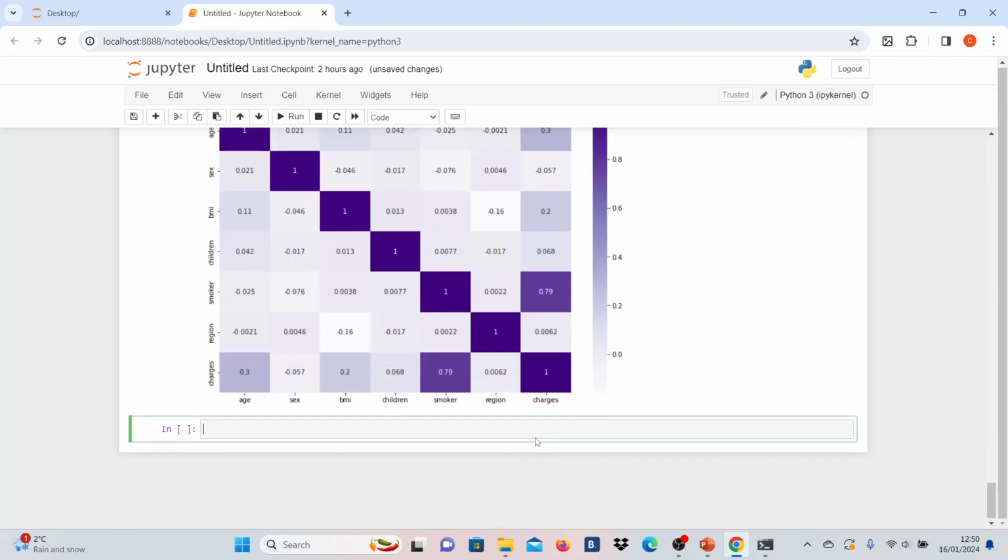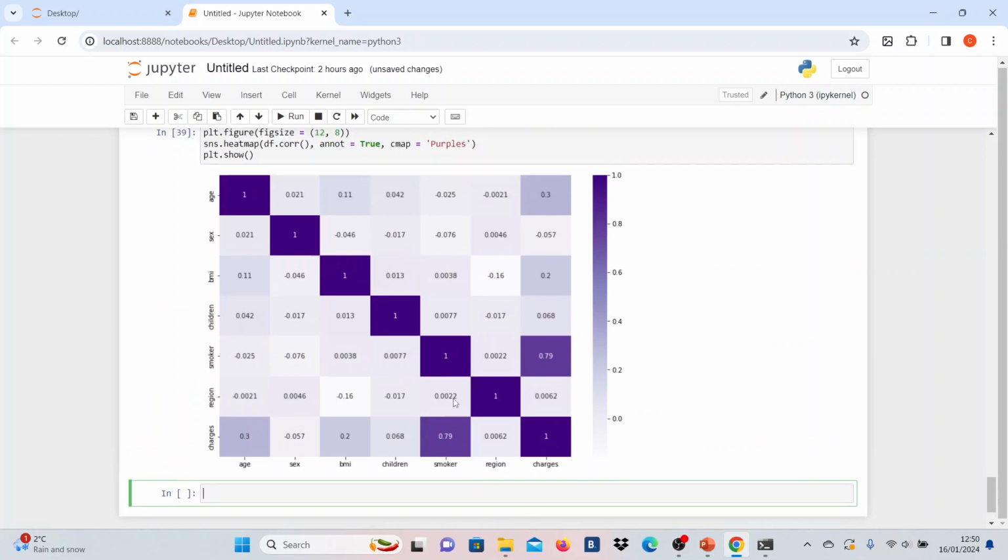So you can see here that we are back on track now. Sometimes while you're coding, you might run into similar issues. All you need to do is retrace your steps and try to fix those errors. So if you look at this heat map, you would see that